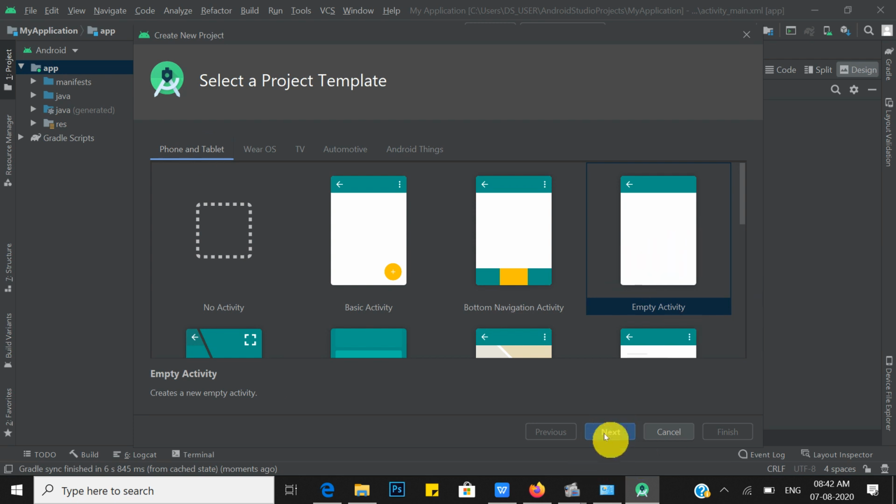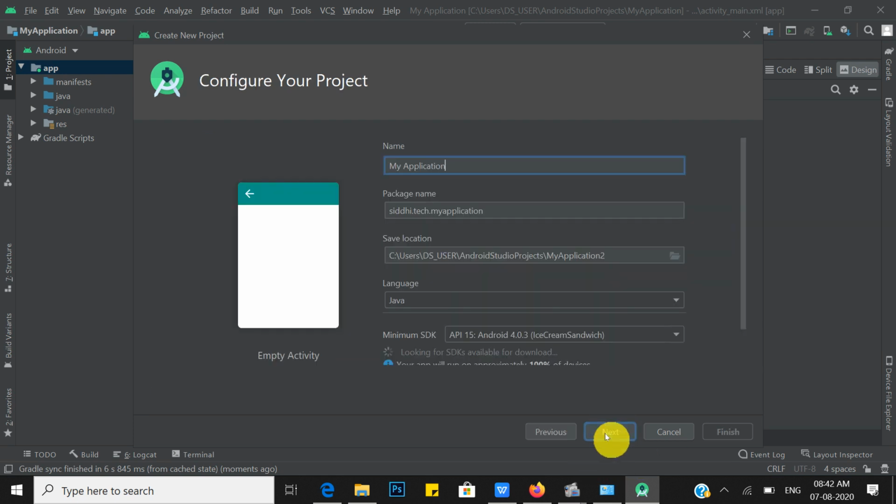and click on the Next button. After that you have to give a name to your project. Suppose I want to name my project My First App. Then the package name is configured automatically. By default the package name is example.com. But guys, you can change your package name.